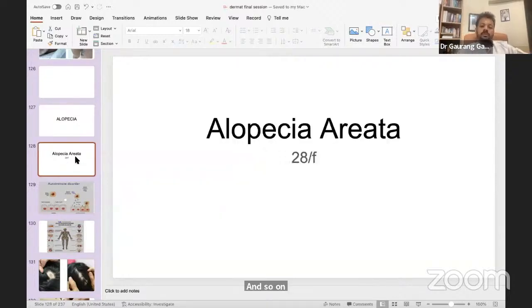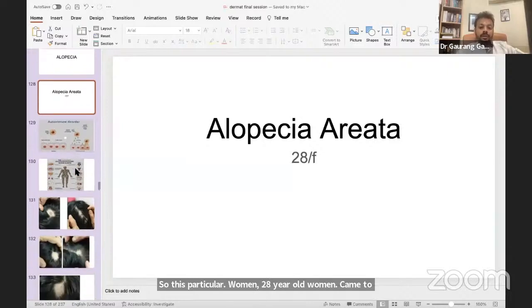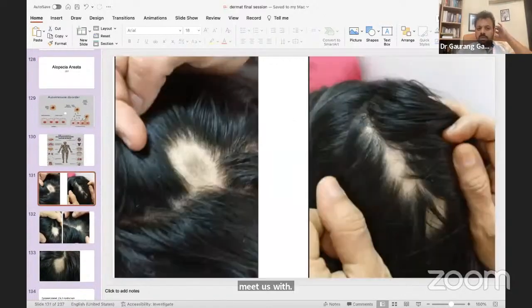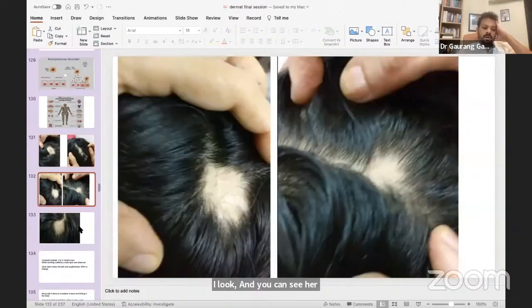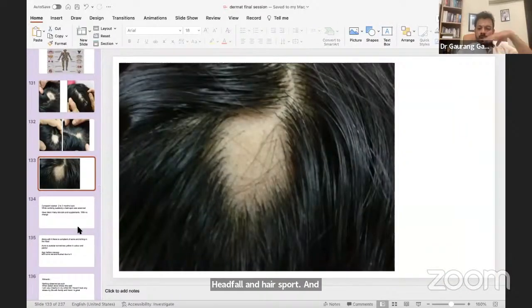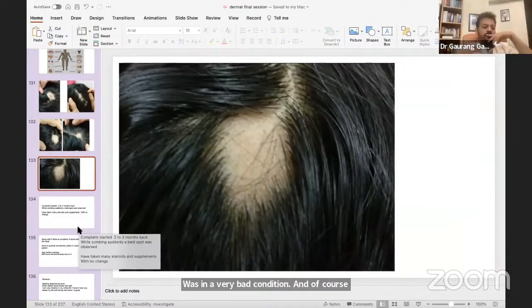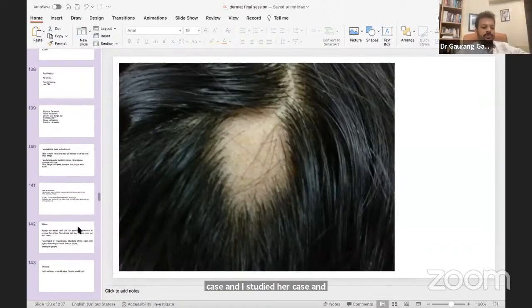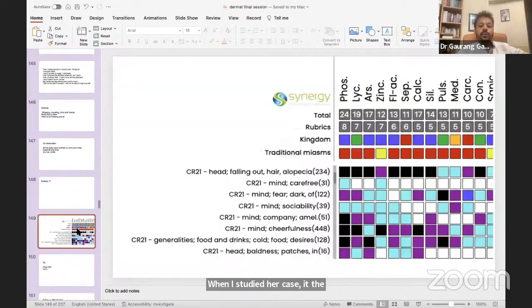So this particular woman, a 28-year-old woman, came to meet us with alopecia areata. And you can see her hair fall and hair spot, and she was in a very bad condition. And of course, I took her case and I studied her case. And when I studied her case, the case came out to be a very, very beautiful case of phosphorus. She was a very sociable person,